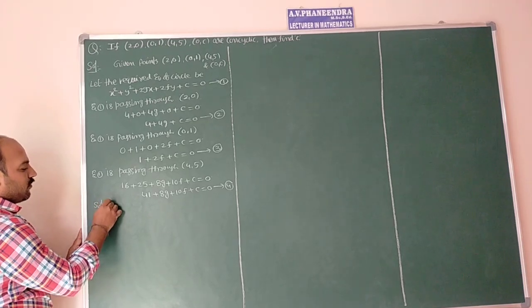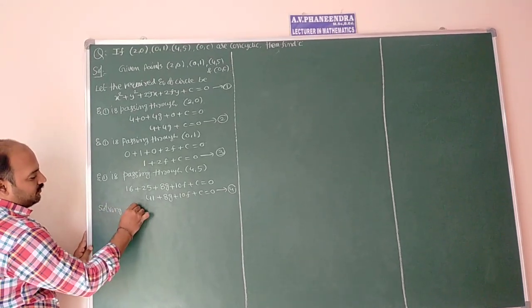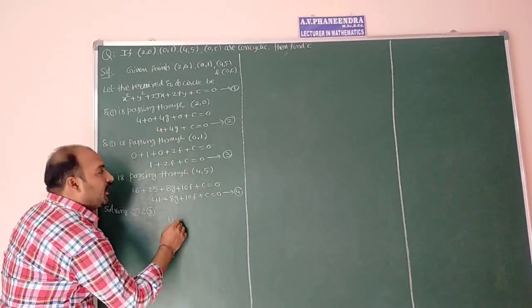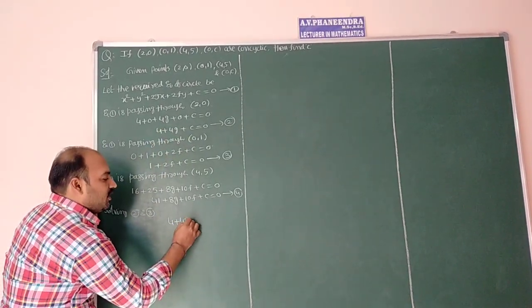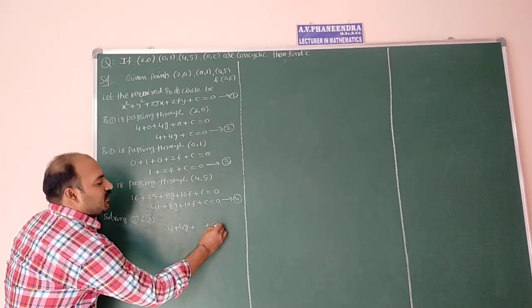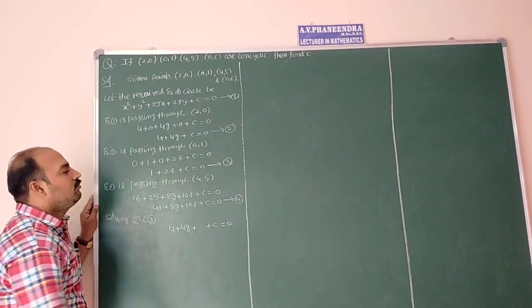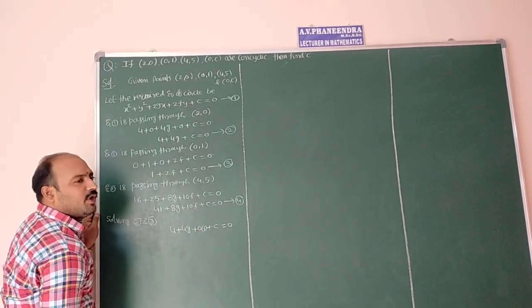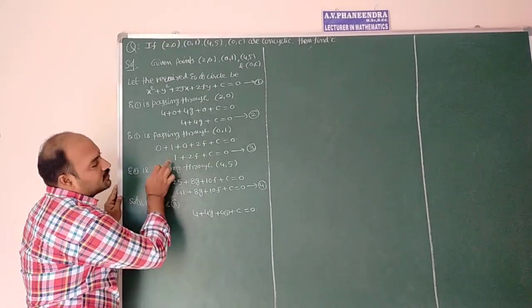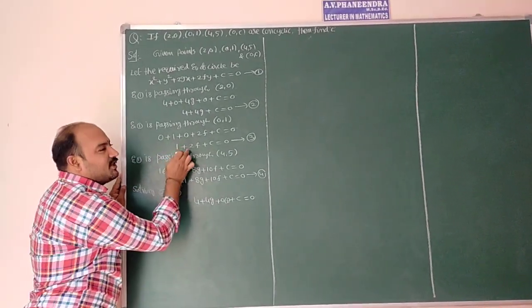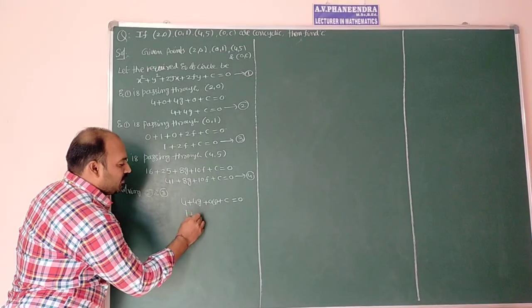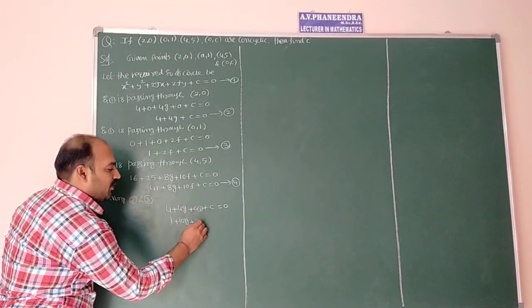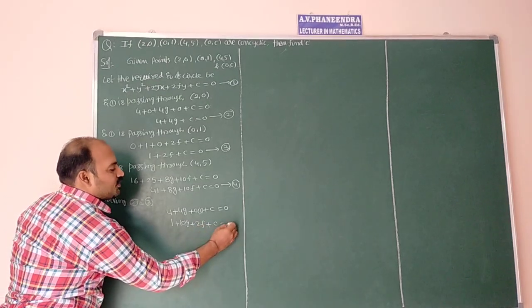Now solving 2 and 3, 3 and 4. Solving 2 and 3. In this equation, the f term is not there, but writing 4 plus 4g, the f term you can leave some place, plus c equal to 0. That means you can write it as 0 into f also. If you have any confusion, we can write like this. Next, the third equation. Here the g term is not there. So 1 plus 0 into g plus 2f plus c equal to 0.